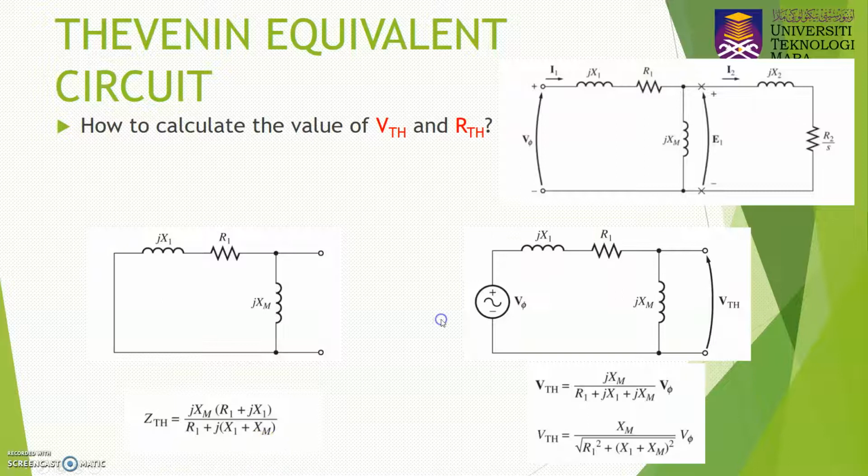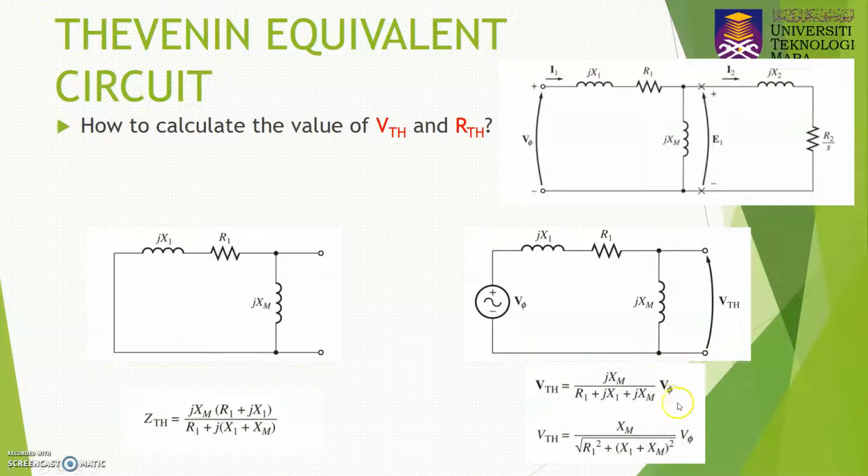Alright, so how to calculate the V-Thevenin? Basically, you still need to remove the rotor circuit, and then you put back the V supply here. The V-Thevenin is the open circuit voltage across this open terminal. So how to calculate it? You can just apply the voltage divider rule, where your V-Thevenin will be equal to